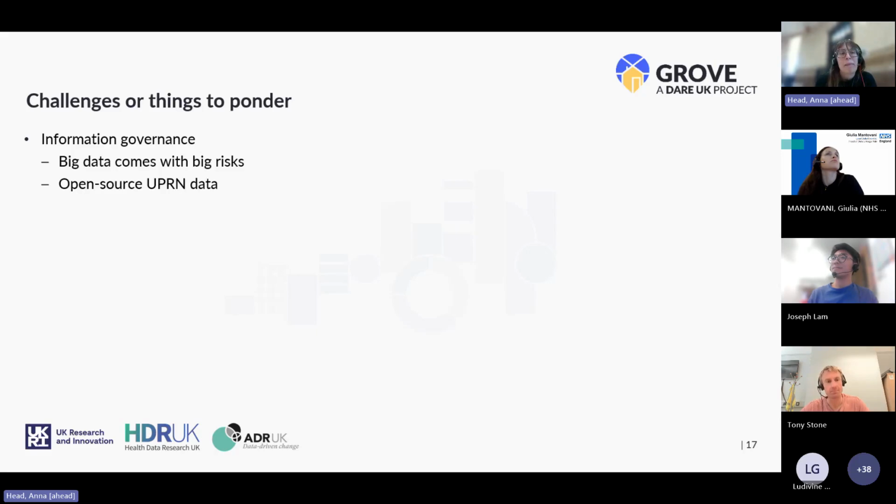I'd also add here maybe that the 2 projects I've highlighted are predominantly focused on single exposures, but obviously the more different exposures you have linked to a set of health data, the more potentially disclosive. Whilst this is an information governance challenge, it's also a practical one, because for an analyst, you're essentially having to choose what you want to prioritize. Is it accuracy of distance? Is it the amount of records that you have? Or would you rather have fewer metrics if that means that you can have more people included?